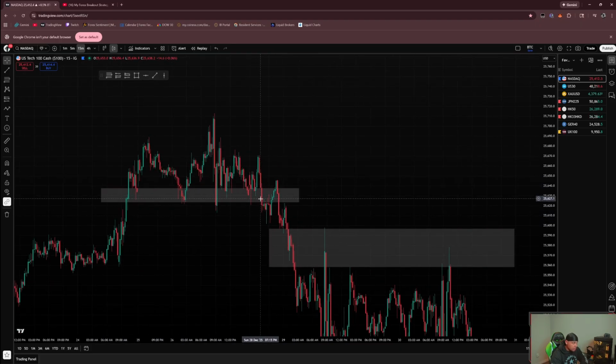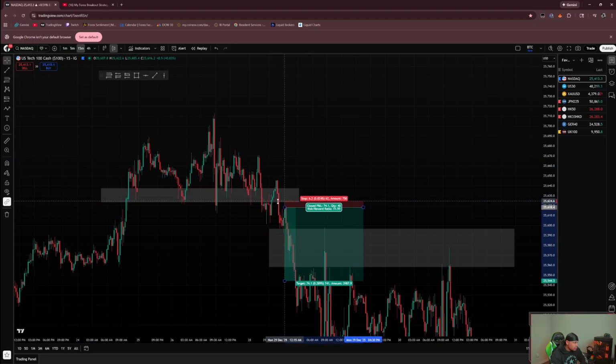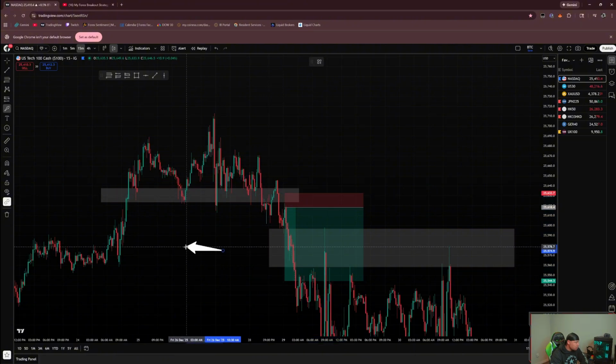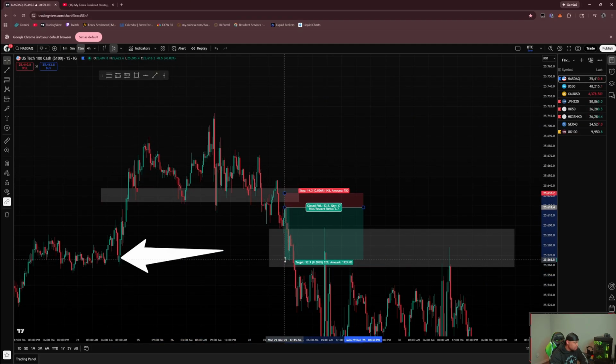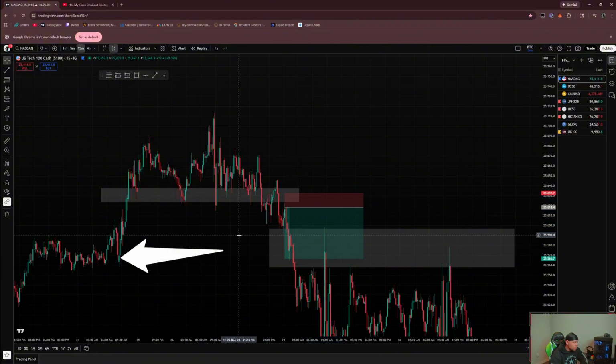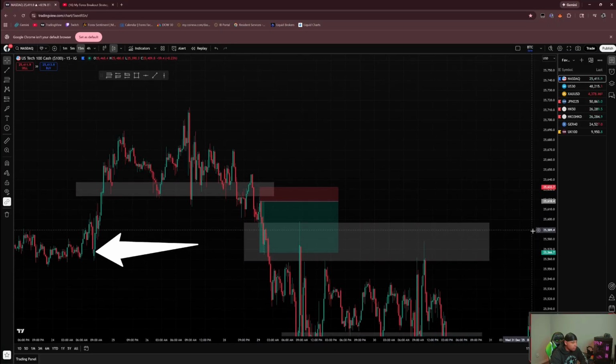Or if you wanted to be more conservative, you could have let it break this support zone again, comes up, retests, and then you could have entered there. So you get in. Personally, I would put my stop loss there because of this structure here. I would have been targeting this structure here. So I will move my take profit around somewhere here. And you get a 1 to 3.6 risk to reward ratio,